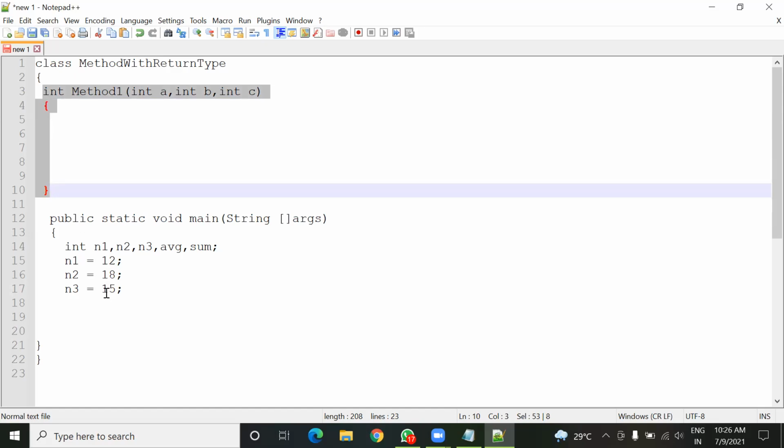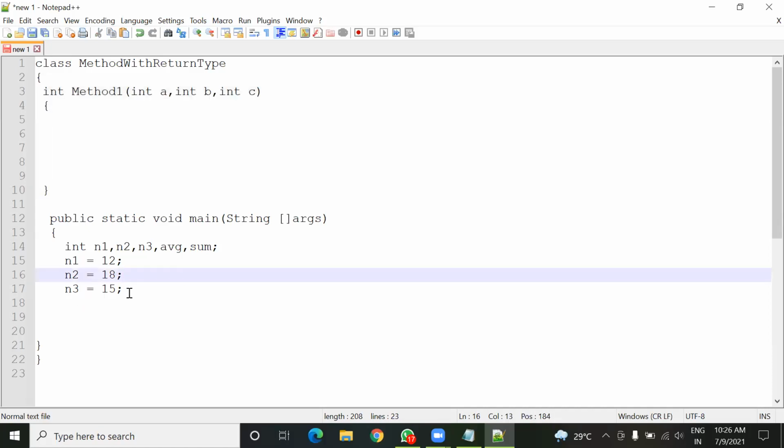Means I'll pass these three numbers to this method one, and this method one will add all these three numbers and it will return the sum value in the main method. And after returning the value, we can easily calculate the average just by dividing by 3. So just look at it carefully.